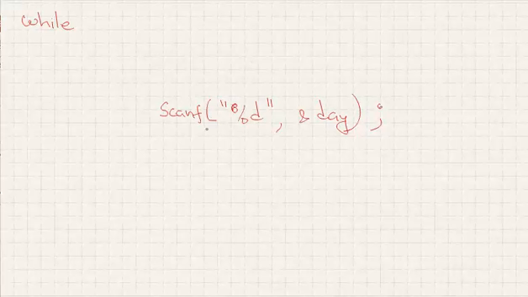If he enters a value, we will check while day is less than 0. That means if he enters any value less than 0 or day greater than 6,